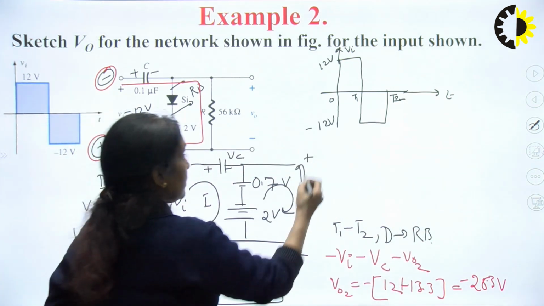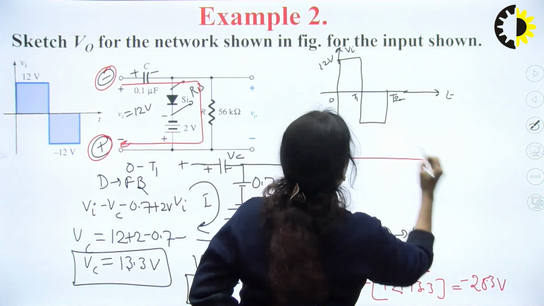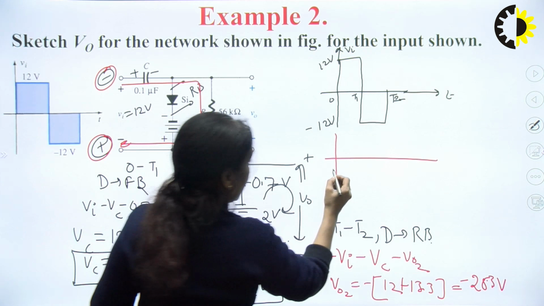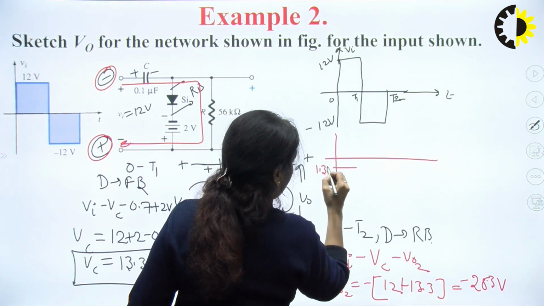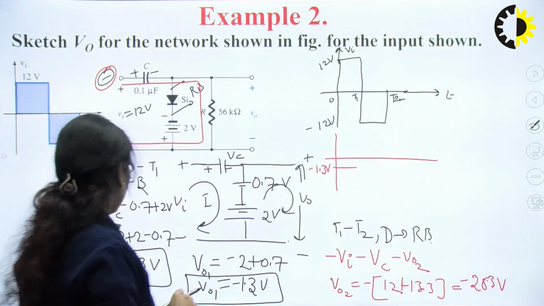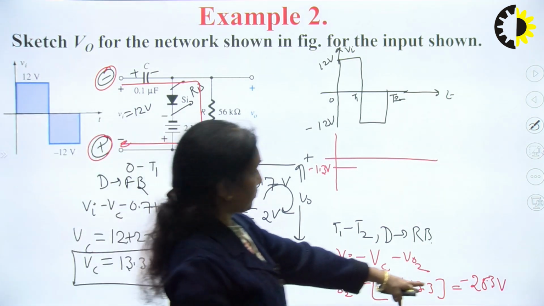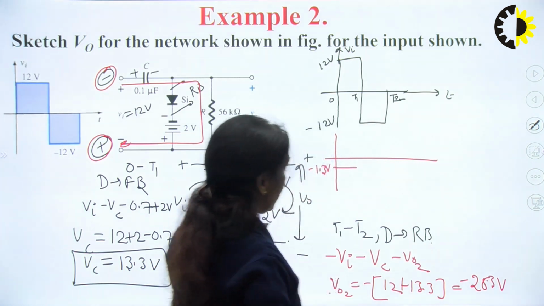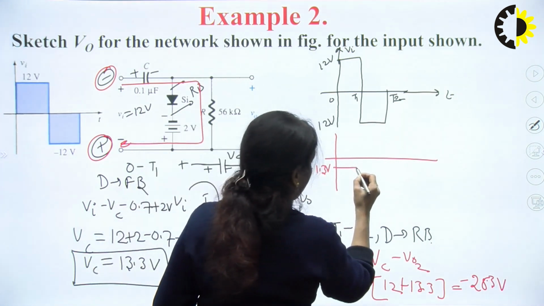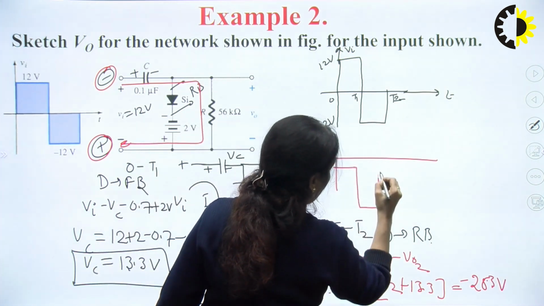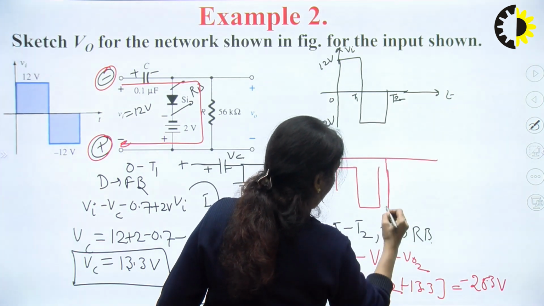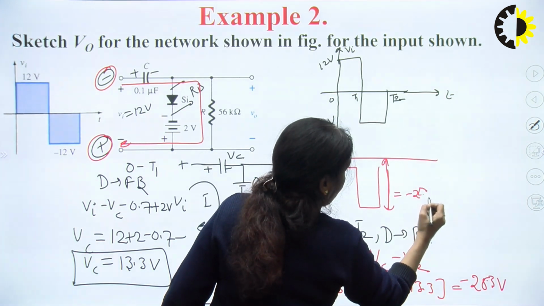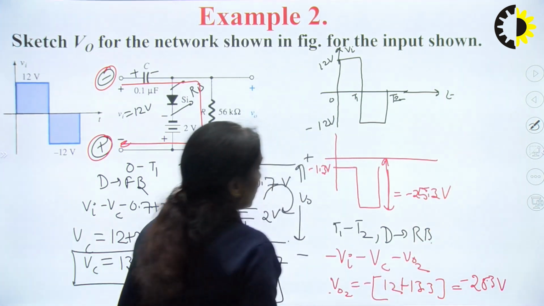So, let us draw the circuit. During T1 to T2, my value is minus of 1.3 volts. This is minus of 1.3 volts, and the value V02 will be equal to minus 25.3. So, it will be downward. This value is minus 25.3 volts. So, here you can see